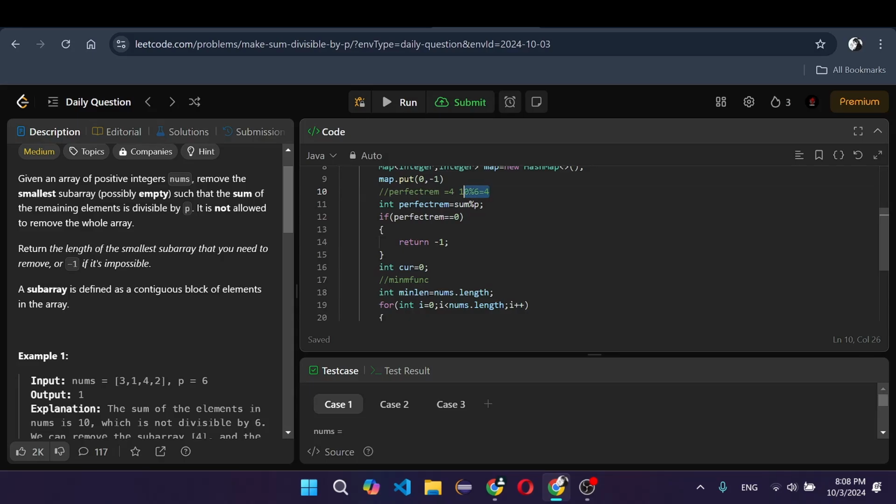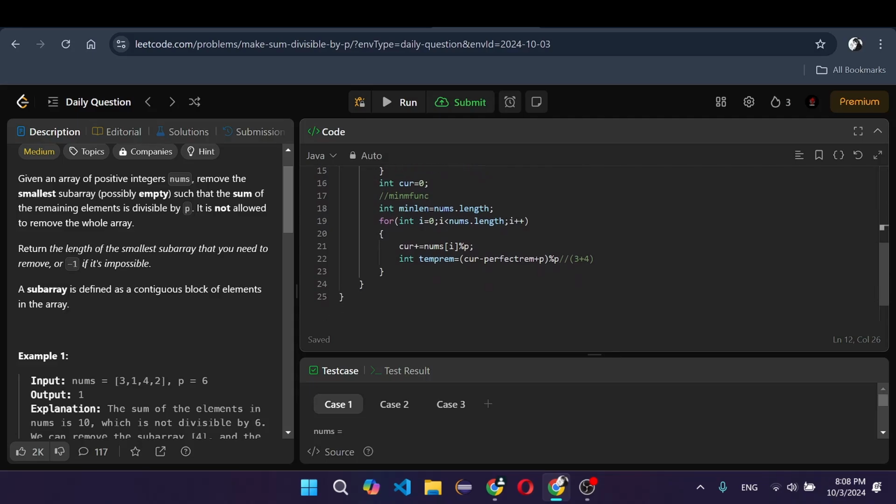Okay, this one is essential because we are going to use this one in this case. Okay, 3 minus 4 plus 6 modulus 6, which is equal to 3 minus 4 is minus 1, plus 6 is equal to 5. 5 modulus 6 is equal to 5. Okay,